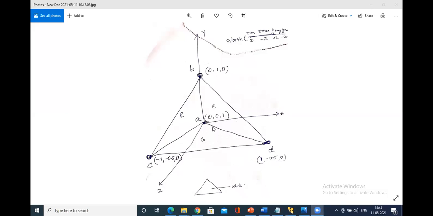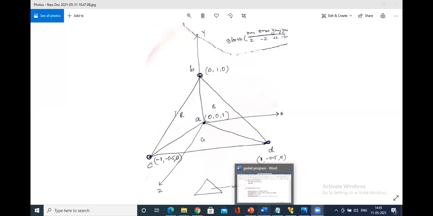So this will be the concept, and my colors will be: this will be treated as red, that is A B C. I'll read it like this: A B C red, right? Then A D B will be blue, this will be green, and this will be the white. That itself is a major program.